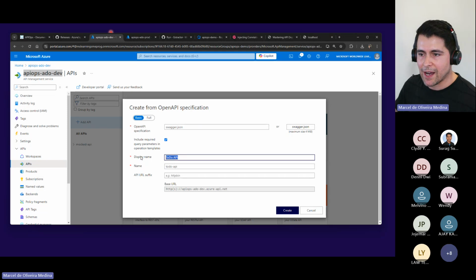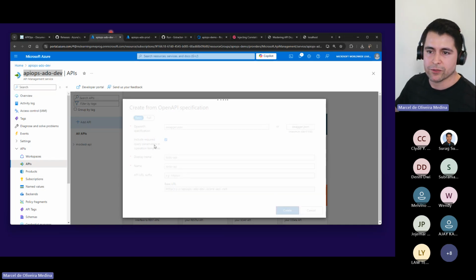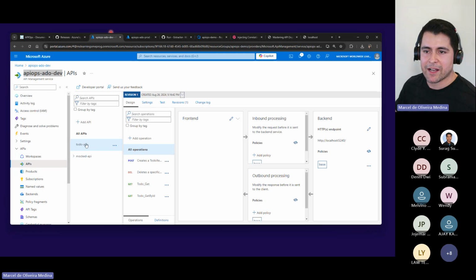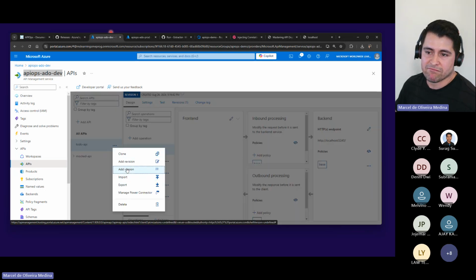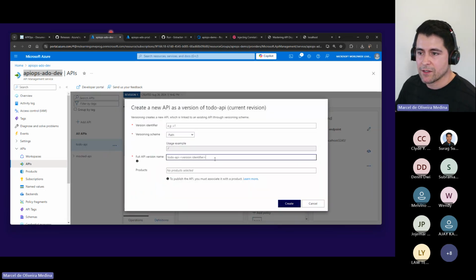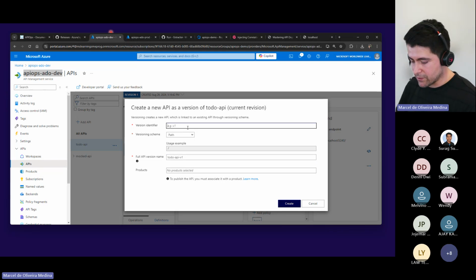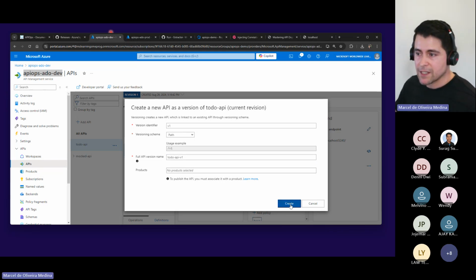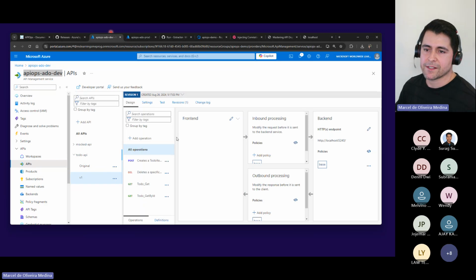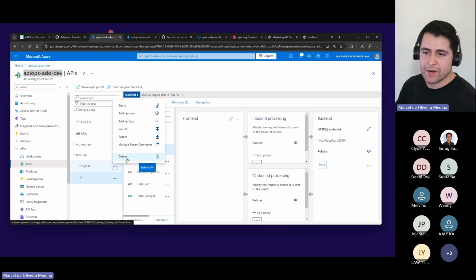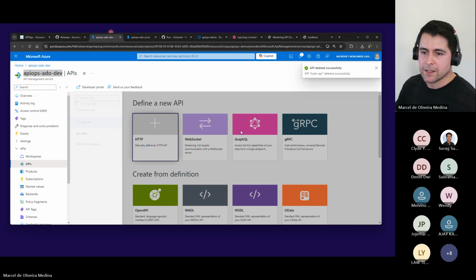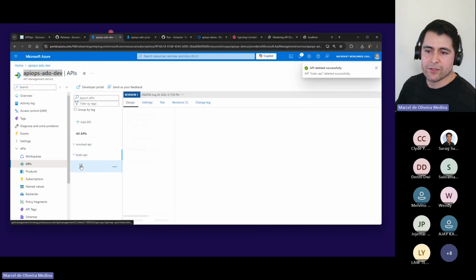I really don't like to see something completely disconnected. Just follow a standard, I would say, for everything that you do. So in here, I'm going to have my to-do API. I'm going to create a version. In here, I'm going to see that the version is going to say V1, okay. Let me put in here, this one is going to be V1, right? And we're just going to create that as is. I don't need the original. My intent is that V1 is going to become the one always to be used.